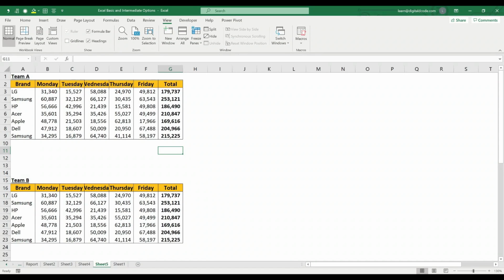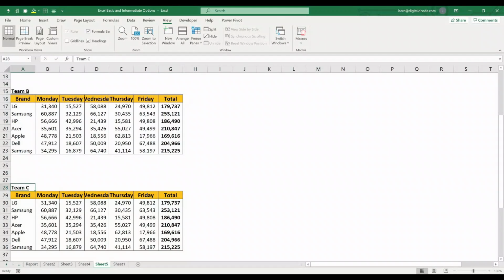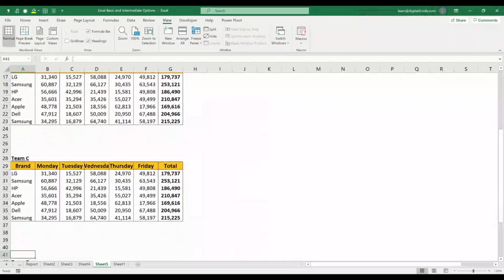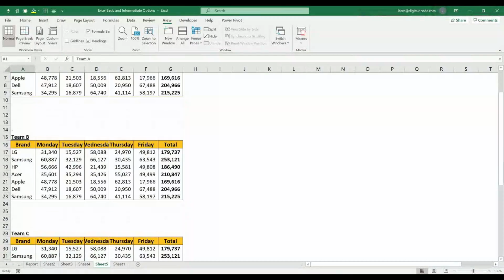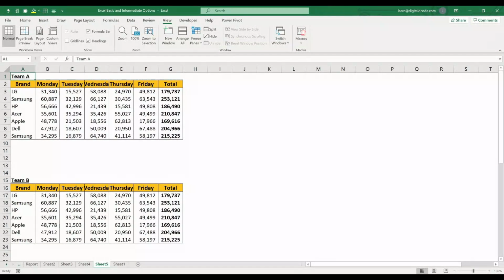Let me give an example. Here I have team A, team B, team C and team D. So I have 4 teams. I want to work on the 4 teams' data at the same time, because I want all the data to be visible to me.